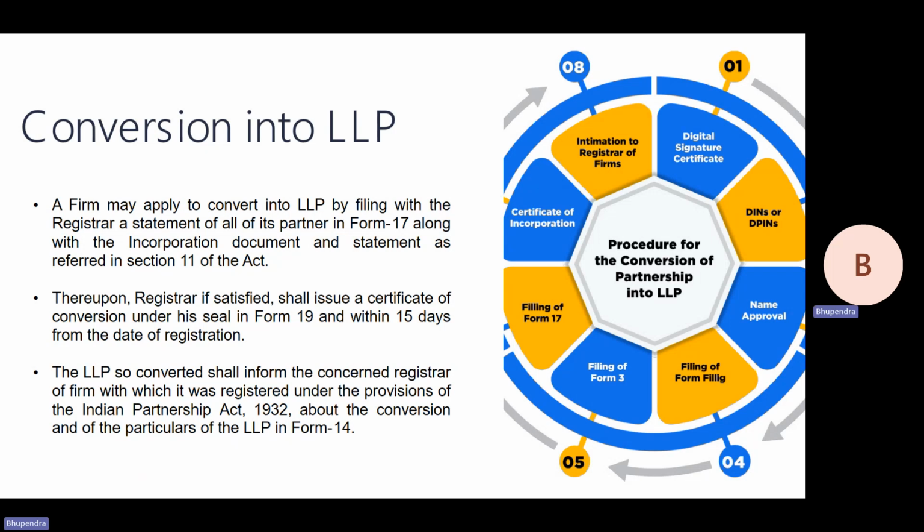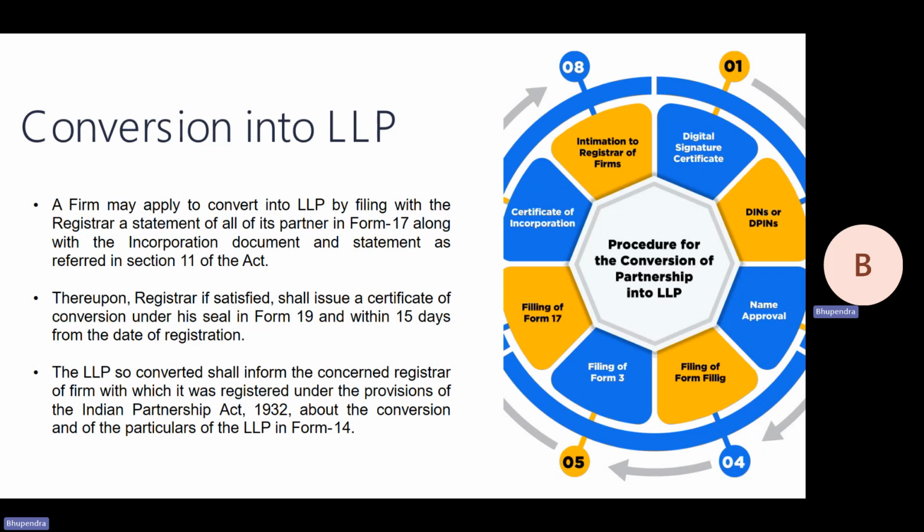In case where LLP is converted from a partnership firm to an LLP, तो इंडियन पार्टनरशिप एक्ट 1932 में मेंशन है कि फॉर्म नंबर 14 हमें पार्टनरशिप जो कर रहा था गवर्न उनको फाइल करना है कि आरओसी को, क्योंकि आरओसी गवर्निंग अथॉरिटी है एलएलपी। आरओसी और सेंट्रल गवर्नमेंट एलएलपी के दिया है और इंडियन पार्टनरशिप एक्ट के लिए जो गवर्निंग अथॉरिटी थी इनका उनको फाइल करना है फॉर्म 14।